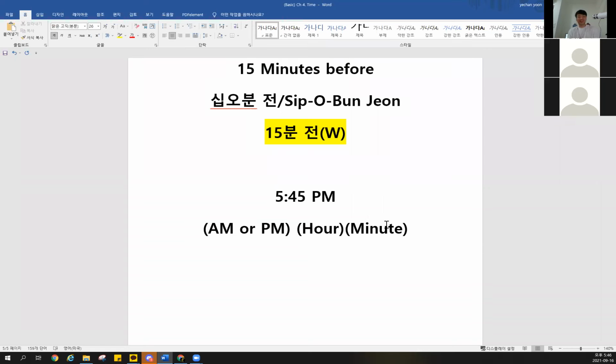Perfect, Sabrina. All right, very nice. Can you write it down in written form, please? That is how you can read it. But can you write it in written form? That is much easier. You can just use numbers to write it down. How can you write it down? 오후 and number and 시 and 45 with the number and 분. Please try, everybody.